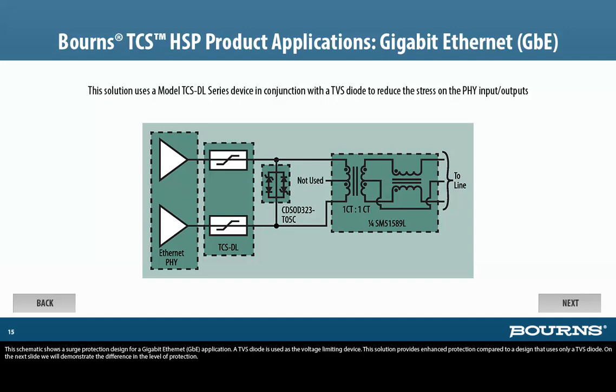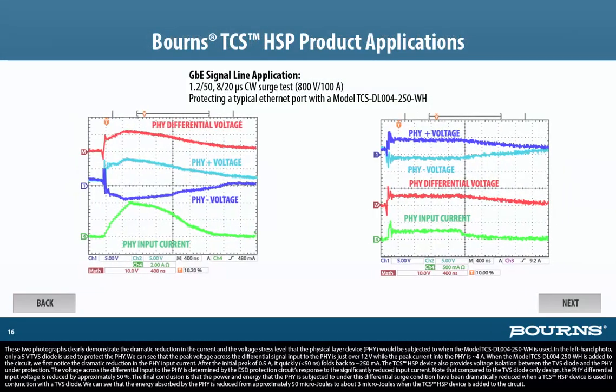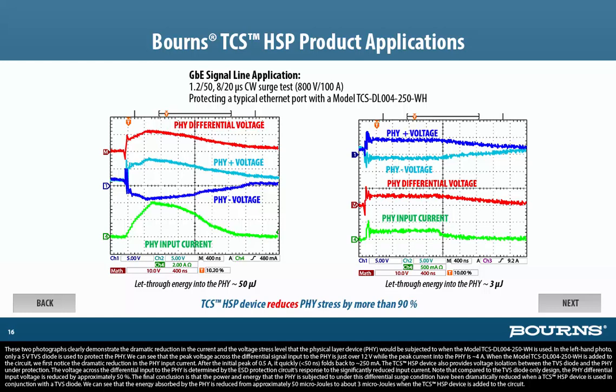A TVS diode is used as the voltage limiting device. This solution provides enhanced protection compared to a design that uses only a TVS diode. On the next slide, we'll demonstrate the difference in the level of protection. These two photographs clearly demonstrate the dramatic reduction in the current and the voltage stress level that the physical layer device, PHY, would be subjected to when the model